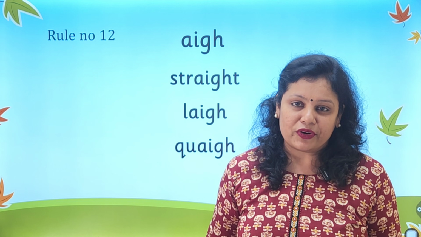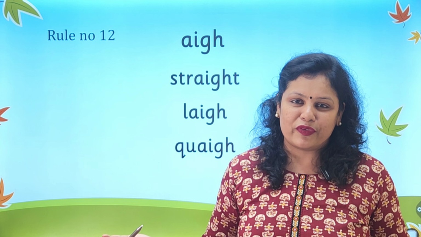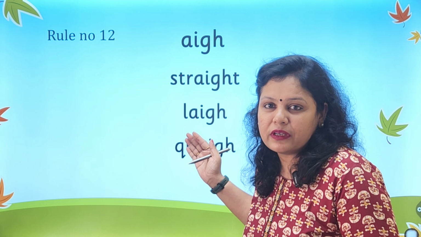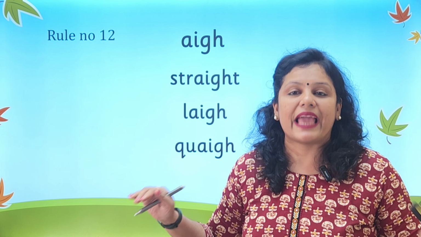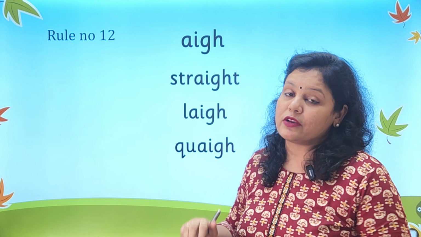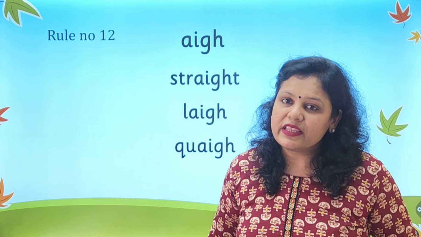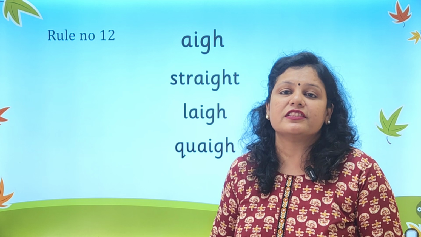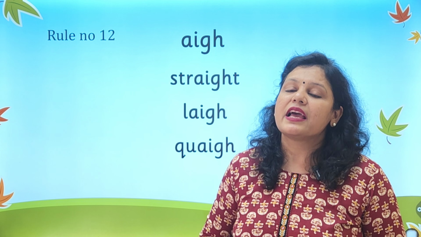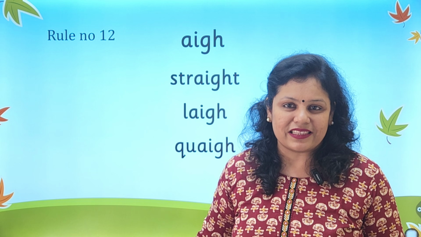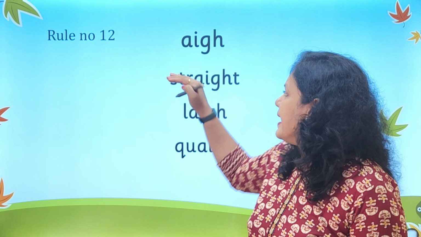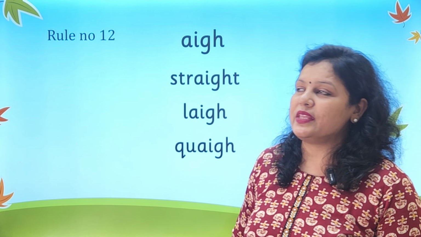So why do we require a rule for this? We don't require a rule for this. So kindly proceed further with only sight word mechanism. Teach these words as a part of tricky word. Let them learn these words as a part of comprehension, sentences, fill in the blanks, and give them a lot more exercises. That is how they will learn the AIGH grapheme giving you the A sound.